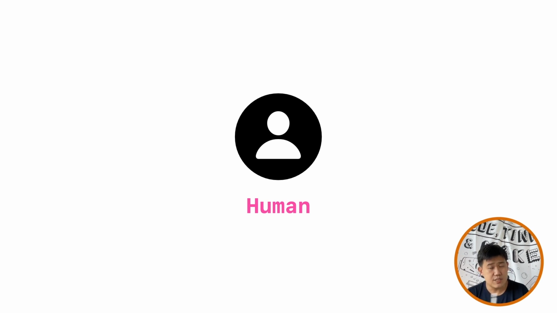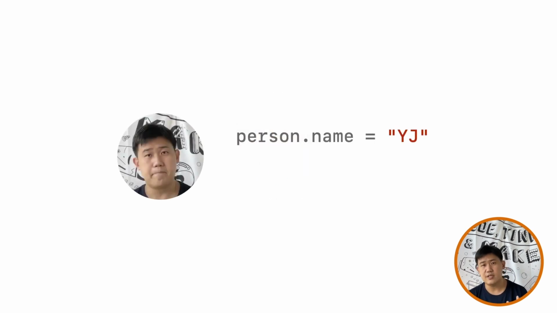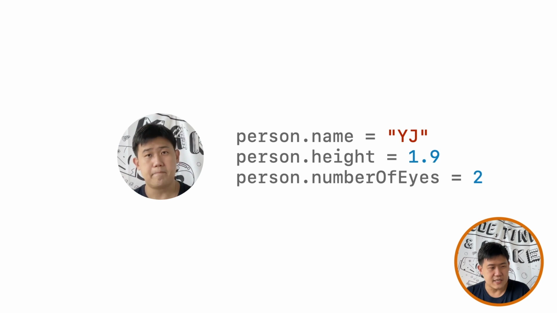But most of us are humans, so we all share some properties, right? What properties might we share? We all have a name, right? So my name is YJ. How might I store this information in programming? I might say something like person.name equals "YJ" with double inverted commas. I might say something like person.height equals 1.9. I'm fairly tall. You might also have things like person.weight, person.numberOfEyes, which I think should be 2